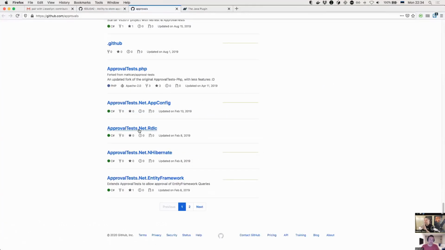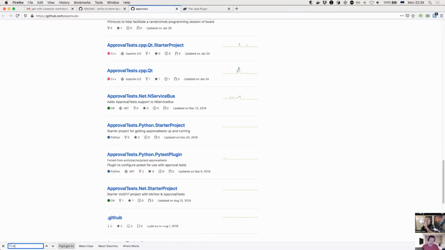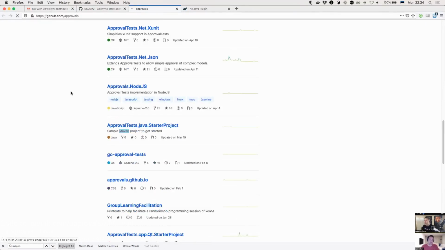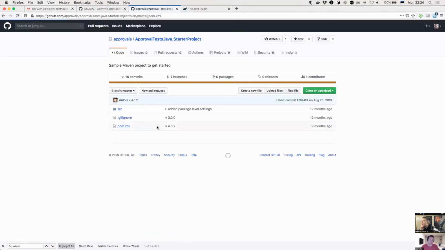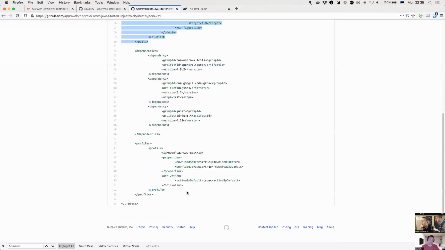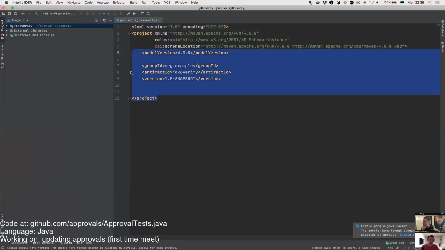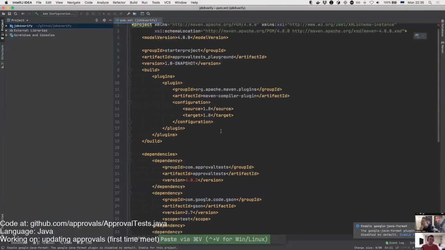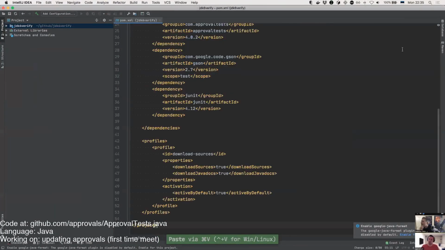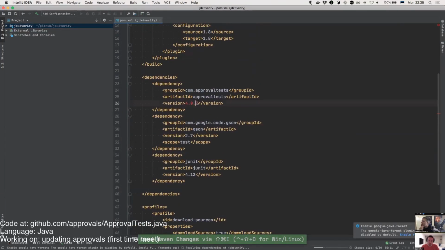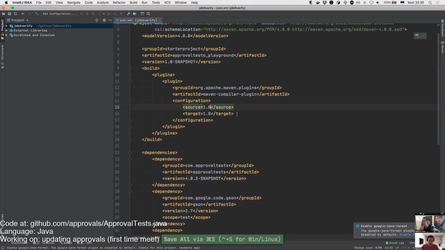So it is a starter project, so you can just grab from there. Sure. And now if we run it with 4.0.3 snapshot, I think. Sure, you shouldn't need snapshot in there. Let's try 1.6 for source.